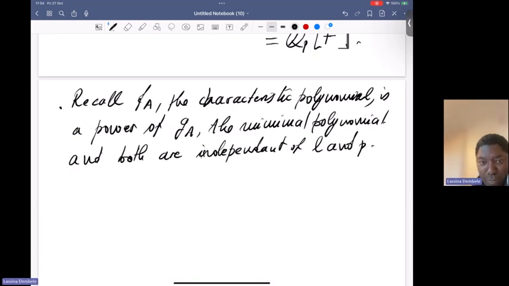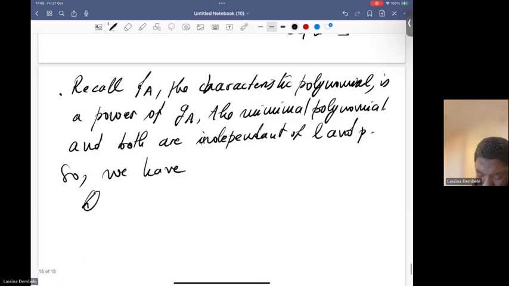And so if we take QP and then we tensor it with our center,